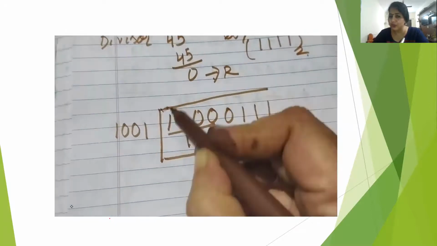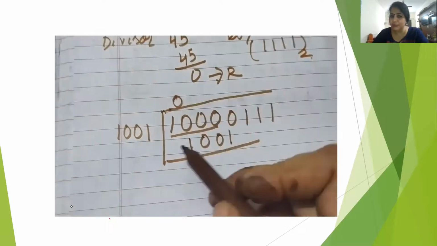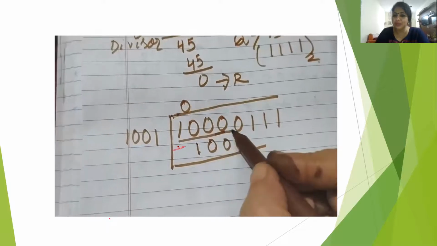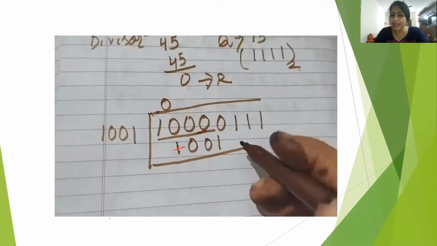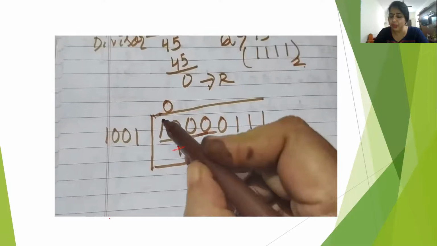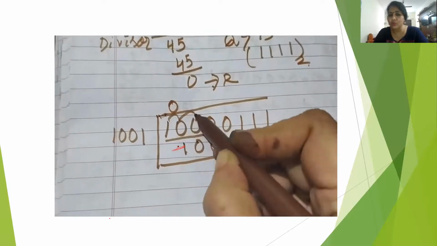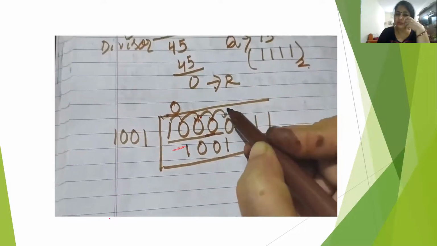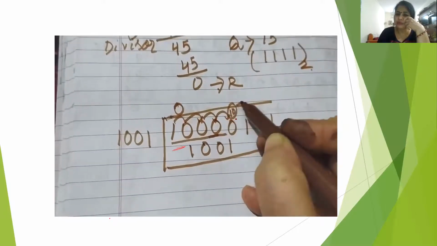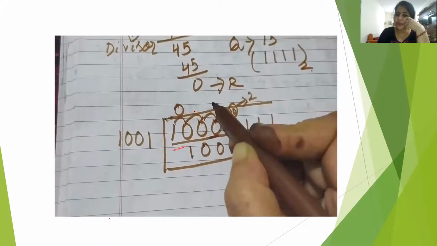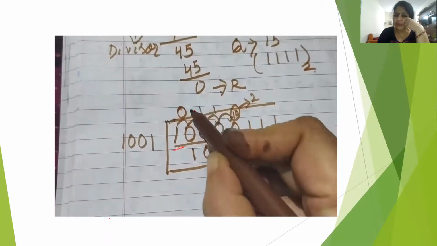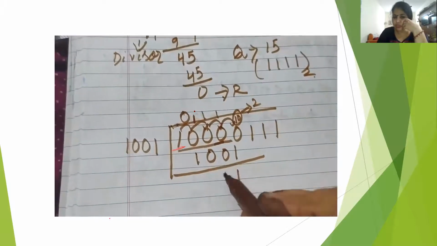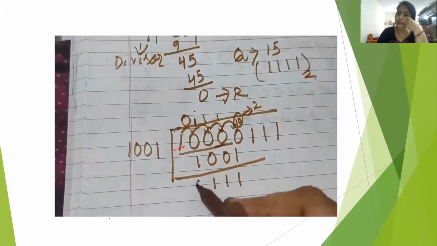So first it was not possible, so 0 you have to put. Then we do the subtraction. Now the subtraction is what? The normal subtraction. So we have to borrow, as you already know from subtraction. So 1 has to borrow, that becomes 2, and again given 1, and the last digit became 2, and the remaining are 1 1. All are 1, they are borrowed from the next column. So 2 minus 1 is 1, 1 minus 0 is 1, 1 minus 0 is 1, and 1 minus 1 is 0.